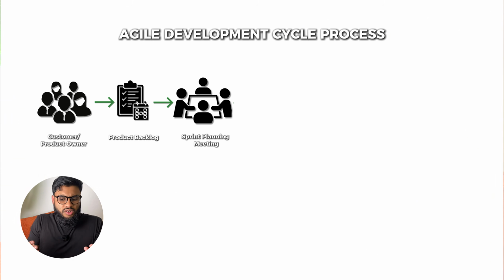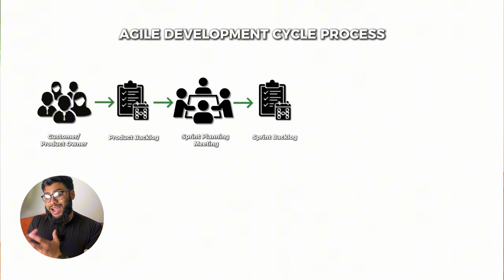And this is where things like team velocity come into play, your story points, for example, all these different things, right? Which we're not going to get too technical about here. We're just focusing on the overview. So in the sprint planning meeting, you're literally planning for the sprint that's coming up. The team agrees, the product owner's on the same page, the project manager's on the same page, everyone's on the same page. And then after the sprint planning meeting, we have the sprint backlog.